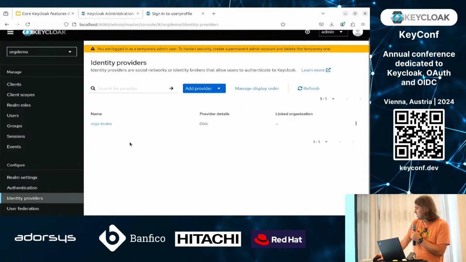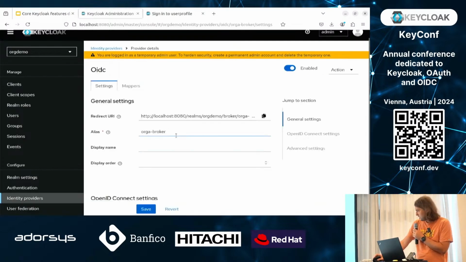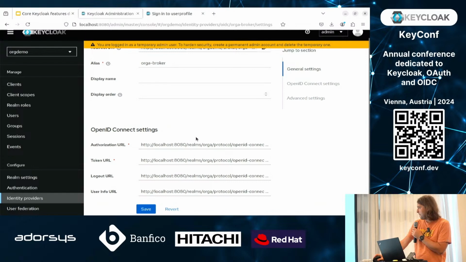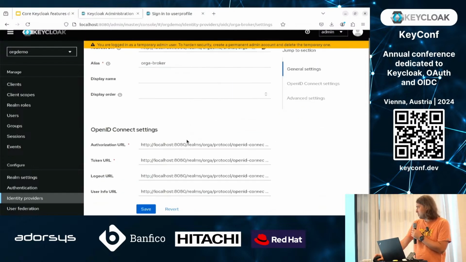So here I have already created an identity provider, which basically redirects the user to the org A realm,